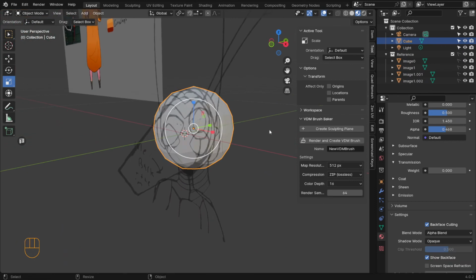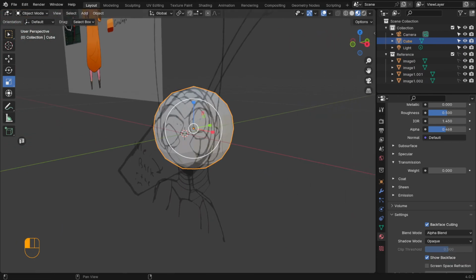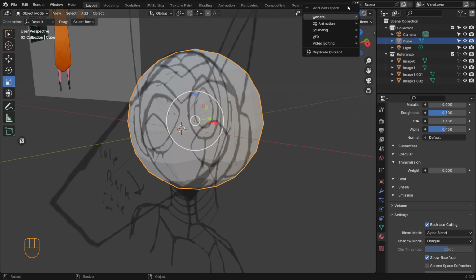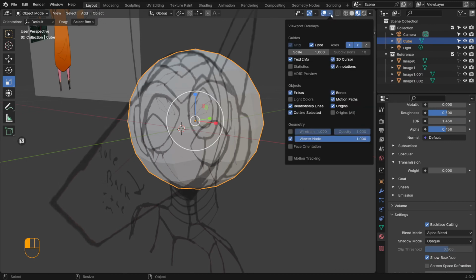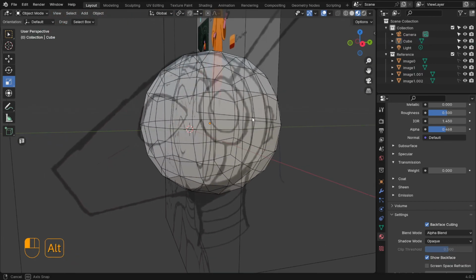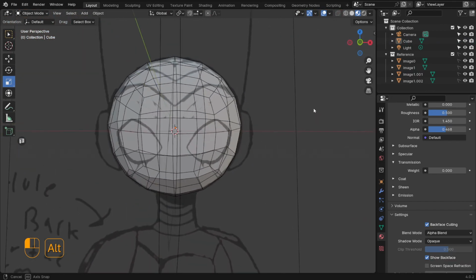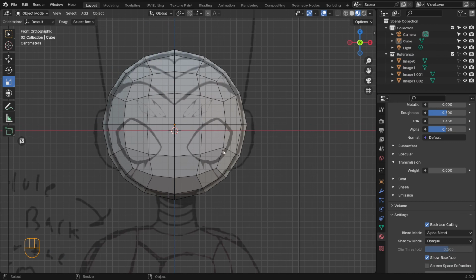That will work. The other thing you'll find that helps to kind of see as we're modeling is to turn on, under this show overlays effect, down here, there's a wireframe under geometry. Just click that so you can actually see the edges of the shape to kind of get an idea for how they lay out relative to